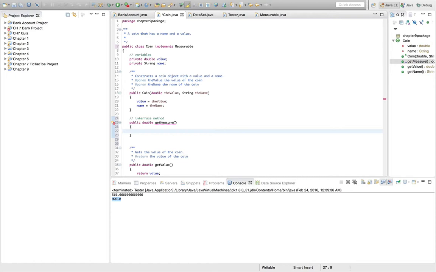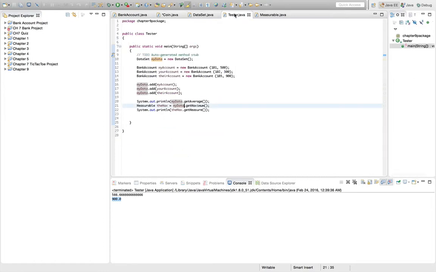All right, in this case, with a coin, the important number that you would want to sort your coins by or find the average is the value. And that's a double, so that'll work. So all we need to do here is return value. Okay, so then let's go to our tester class,